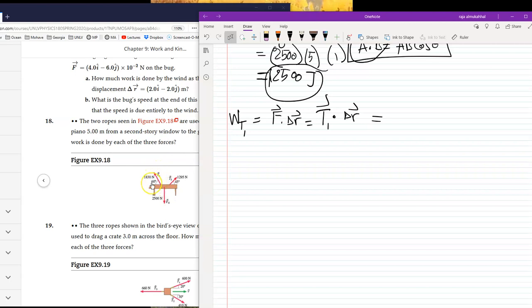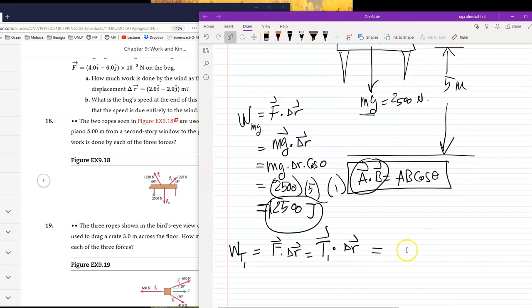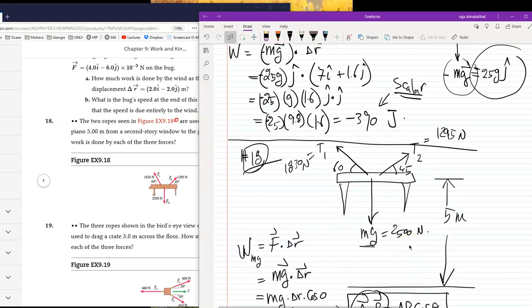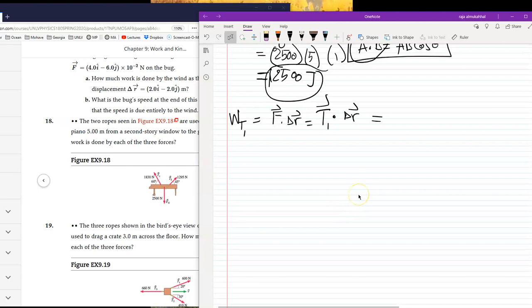So that's going to be T1 sine 60. You got that? T1 sine 60. And of course, because of the displacement, see here the displacement is going this way. Remember, it's being lowered, it's going this way, delta R. But the tension is going this way, the T1 x and y directions, excuse me. So they are opposite. In this case, the work would be negative, okay? So in this case, we would have minus